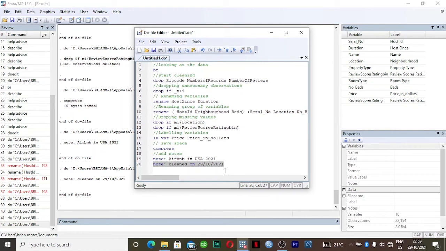Okay, so speaking of do file, assuming I don't want to drop the values with missing location, all I have to do is go here at the beginning and write a star, or asterisk.